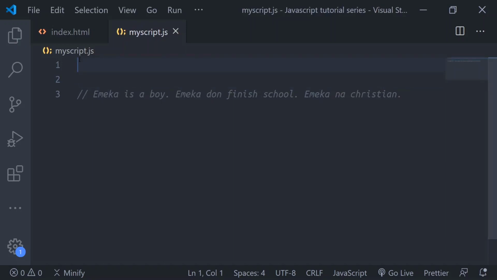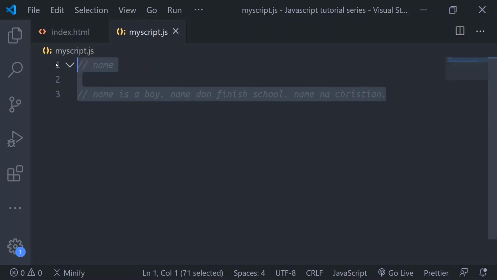One of the advantages of variables is that if we declare the variable once at the top here, maybe we already declare it as name, then all these places where I would write Emeka, I just put name inside. Then whenever we change the name from Emeka to maybe Shuku, everything here will automatically change to Shuku. No worry, as we do this course, we are going to see the importance of using variables.